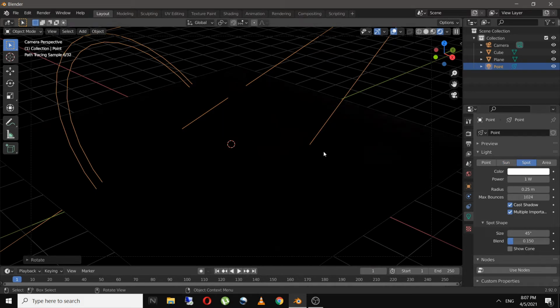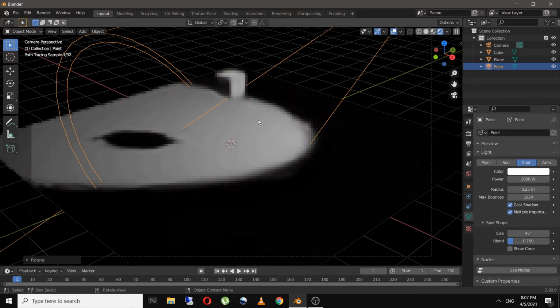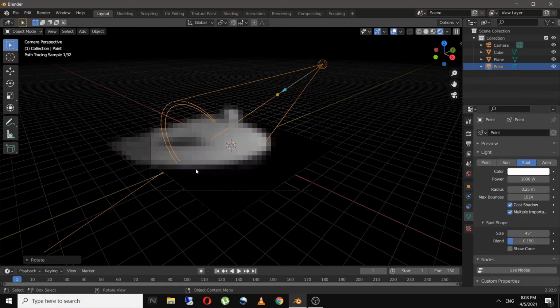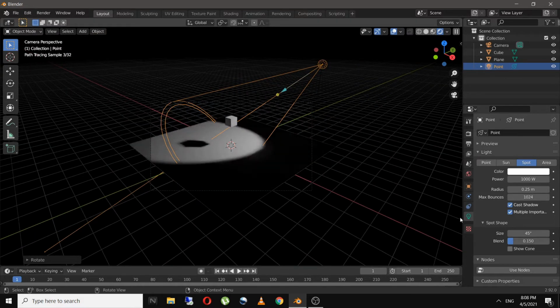Now let's change the light from sun to spot and increase the power to maybe 1000. So as you can see, we have this spotlight in a circular kind of way. This is how a spotlight works, and you can increase the radius over here, like to 1 meter. You can see the area affected is bigger now.